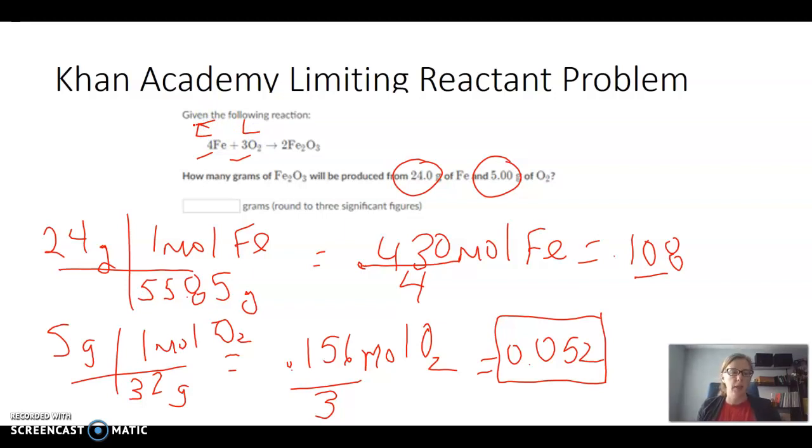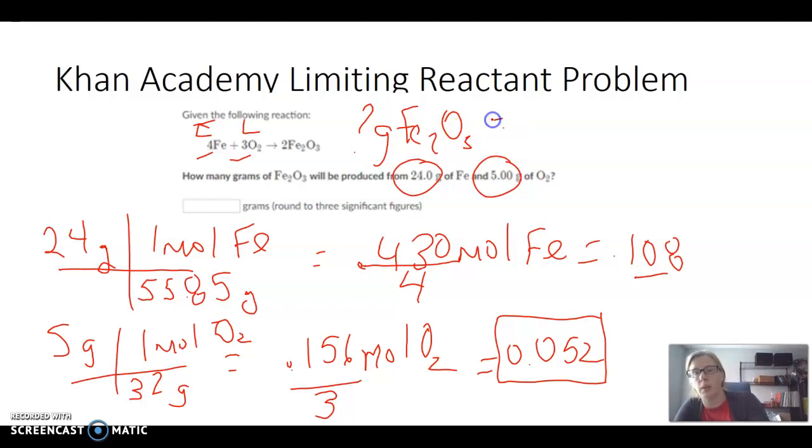So what that means is that I am going to use the oxygen to determine how many grams of Fe2O3 will be formed. And so it doesn't really matter where I start from. I could start from the grams of oxygen that was measured. I could start from the moles of oxygen that I calculated, or I could even use this mole to coefficient ratio and simply take that number and then multiply it by the coefficient of the Fe2O3 and then the molar mass. So if I want to know how many grams of Fe2O3,